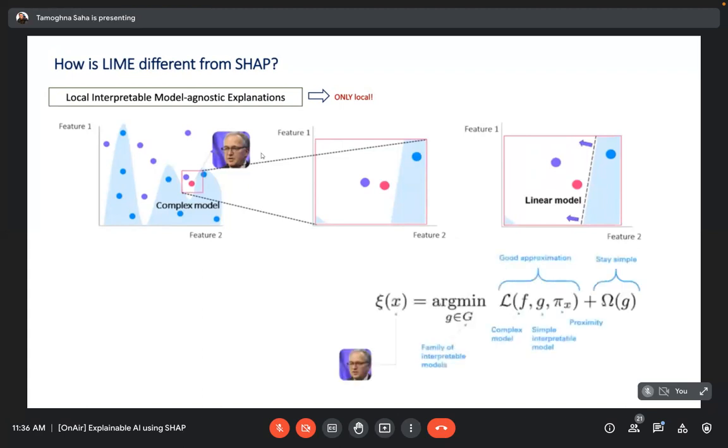In this section, again, the formula is pretty much similar to what Shapley uses. Over here, this is the approximation of that model, just like how we approximate in Shapley by taking the weighted linear regression part. Then there is some additional delta function or a sigmoid score, which says that we should keep this explanation or the fitted curve as simple as possible. That's a pretty huge math, so I don't want to go into that part more.